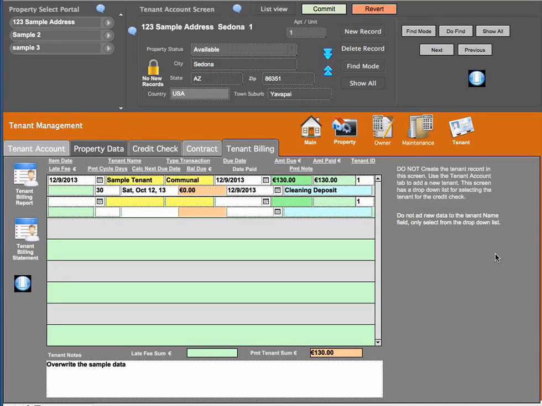This video help will cover the tenant billing. In the tenant billing screen, we did cover this in the previous video, but I'm going to cover the tenant billing report and tenant billing statement. Now, I have a sample record in here right now for this particular tenant where it shows the date of